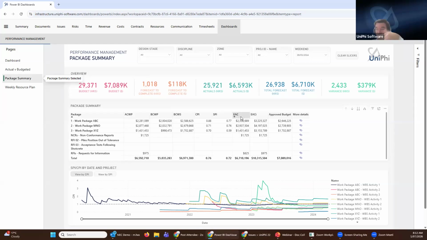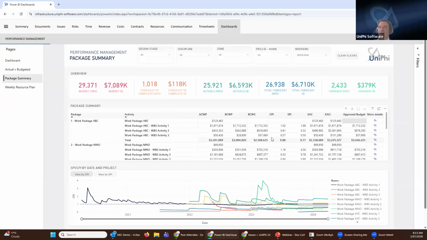Now, typically on projects before UniPhi gets involved, this is what people are reporting. UniPhi will drive this one, and there's your original baseline there. And so you can see on the work package APC, in a traditional sense, they'd actually be saying they might be coming under budget, but they're not. They wouldn't have these statistics, and so they're sort of blinkered, if you like. And really, this is going to be more expensive than the original budget, even though you're saying you're going to be under.